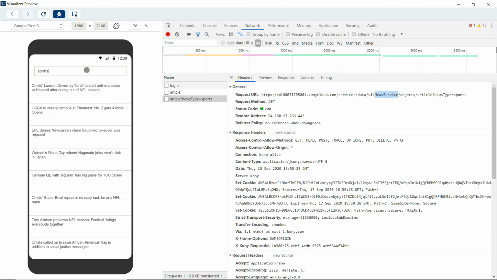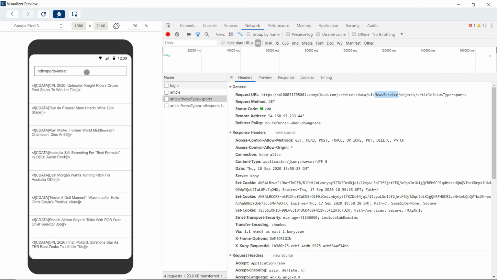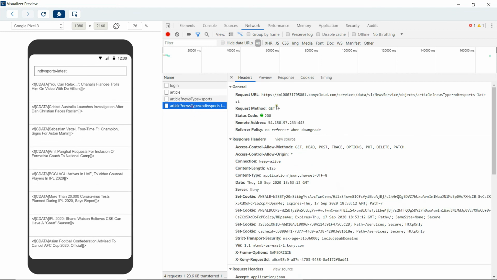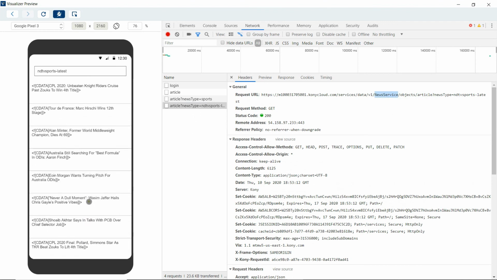Now without any changes in the client app, if we pass the input that is respected by the NDTV news feed, for this input, the response that we are getting here, we are now invoking the same data model, the articles object under the news service, but the news feed that we are getting here is coming from the NDTV news feed.